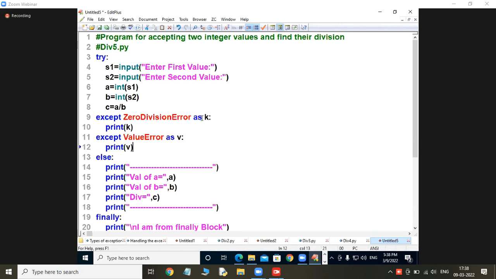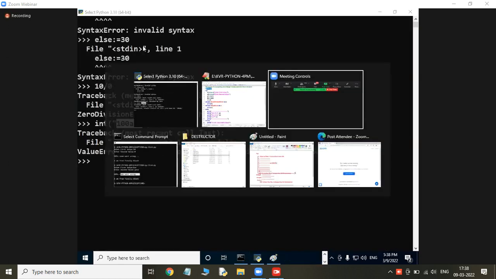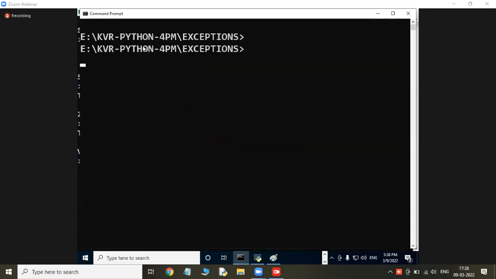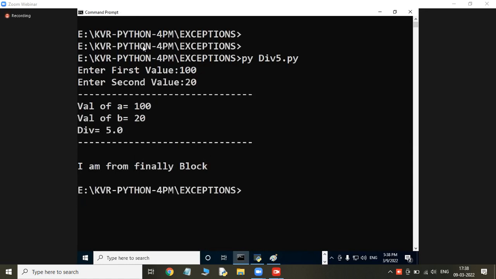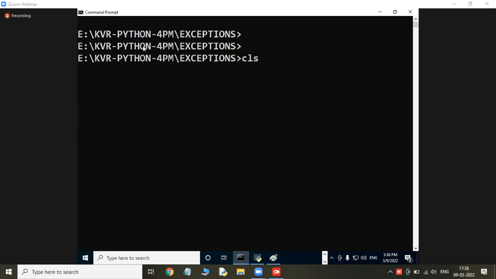We have to write what? This is our object now. Object means it is going to store a division by 0 value. It will store invalid literal, that type of thing. Let us execute, students. Okay, students, come on to the program point. Yes, here. Please execute py, div 5, 100 and next 20. No problem at all. Say next py, say 10 and then what?